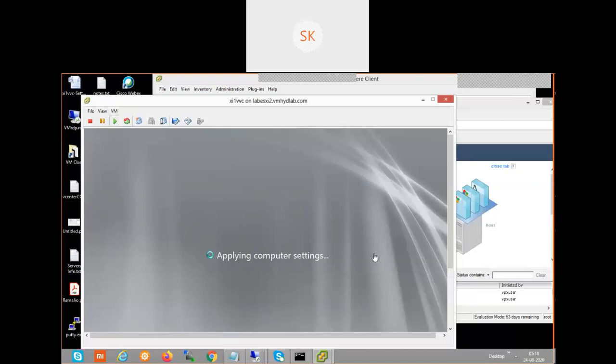If CPU or memory, either one, is highly utilized, then DRS is going to check within the cluster whether any other ESXi host is less utilized. Then it is going to take a call to migrate the VM from one ESXi host to another ESXi host. This is going to be a live migration. We already know the prerequisites, what components are required to perform a live migration, and what offline migration is.